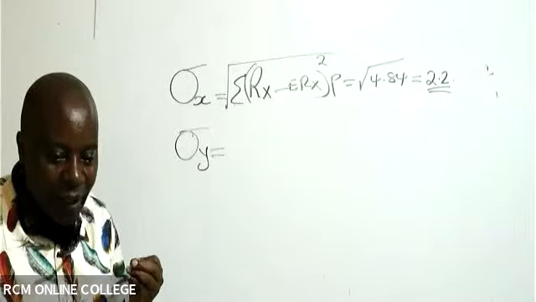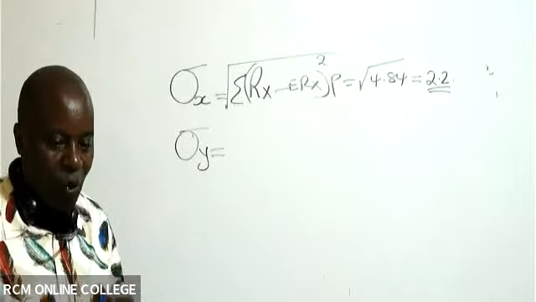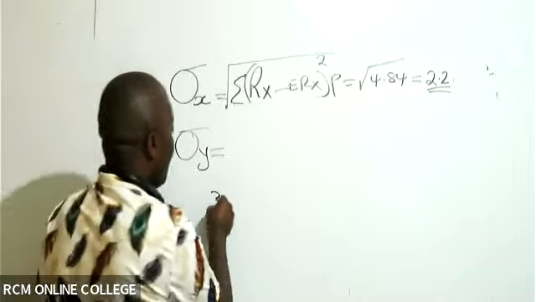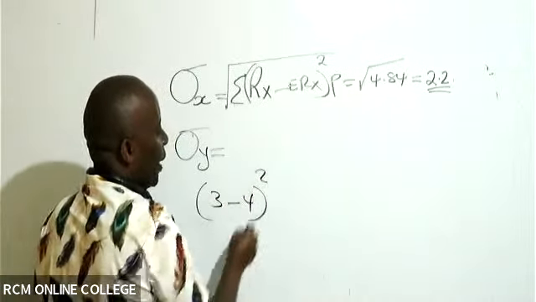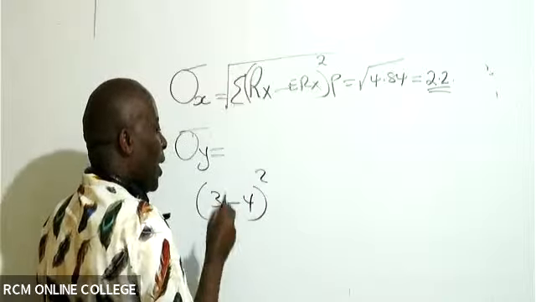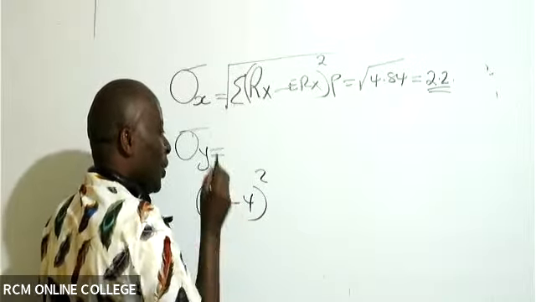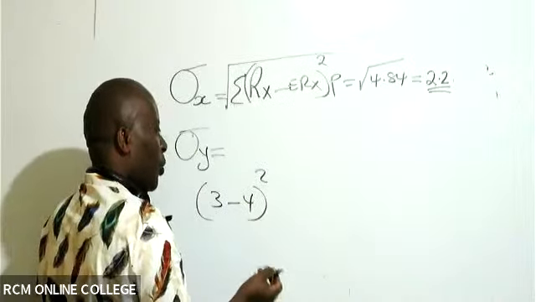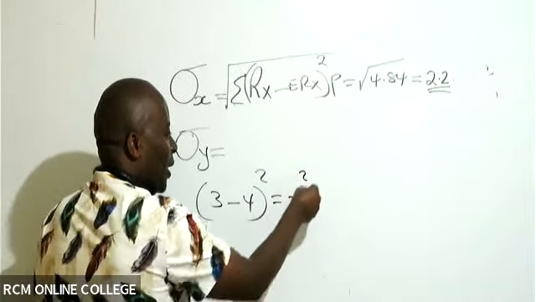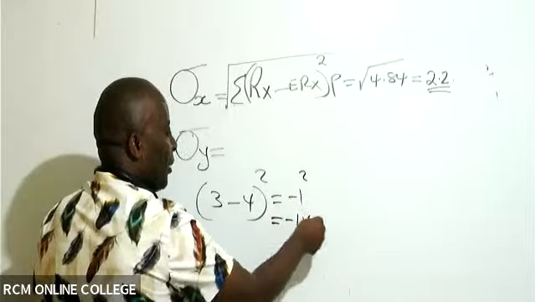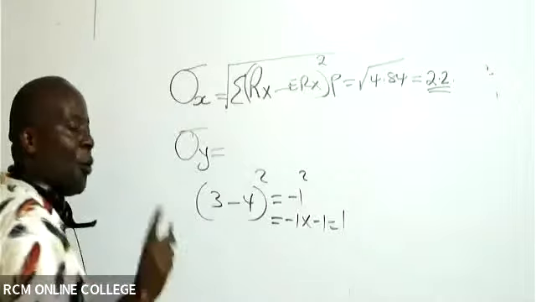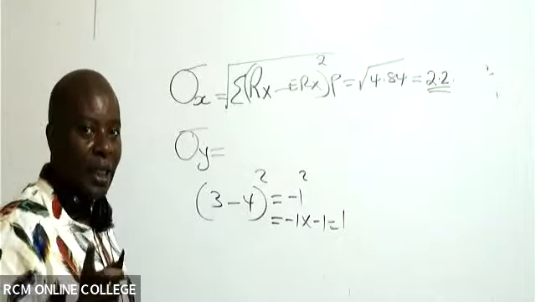He's asking whether negatives aren't taken into consideration. Good question. But remember, if, for example, you're given here, say 3 minus 4 squared, right? You see, negative squared, negative will always disappear. This one here will be minus 1 squared, which will be the same as saying minus 1 times minus 1, which will be the same as positive 1. There is no way you will ever get a squared number being negative.